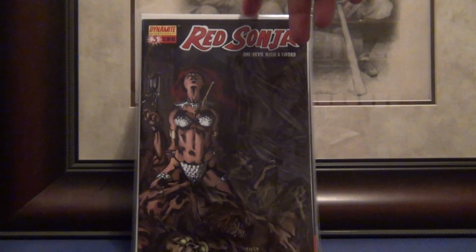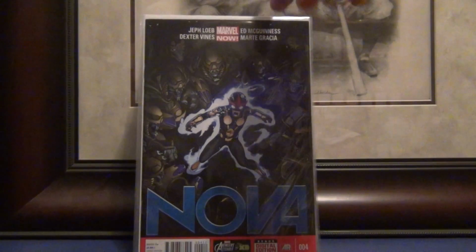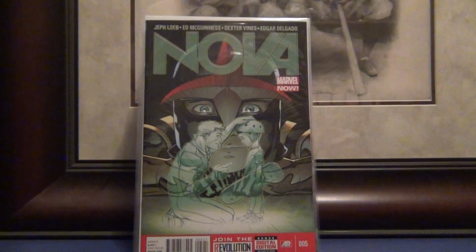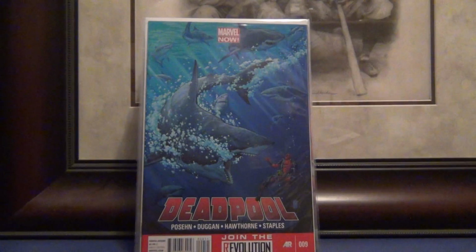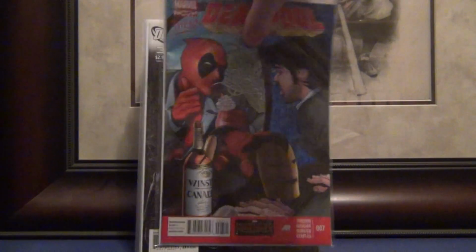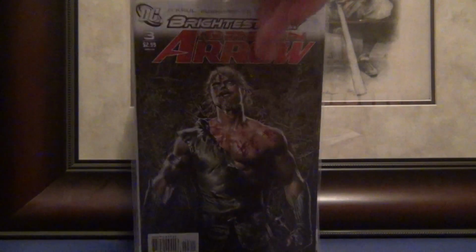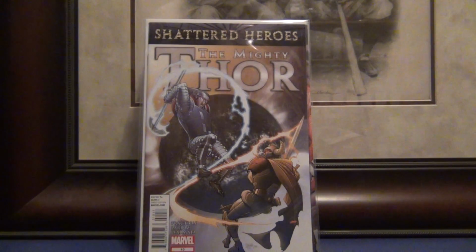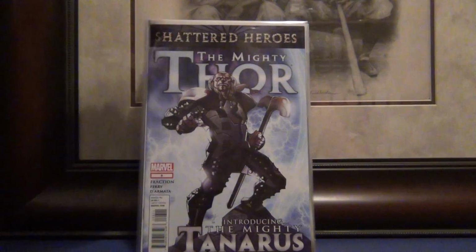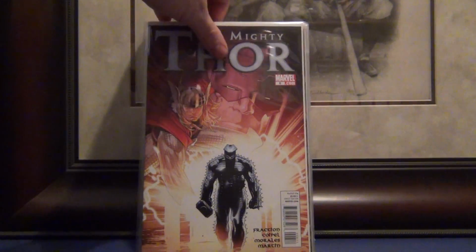Got Red Sonja from Dynamite #3. I'll go through these kind of fast because there's a bunch. Nova #4. I started this series and kind of stopped, so I ended up picking up some ones I didn't have. So there's 4. Deadpool #9. Same with this one. #7. Got Green Arrow #3. I just love that cover right there. Almost got the Mighty Thor completed. Got issue 10. There's 9, 8, 7, 6,